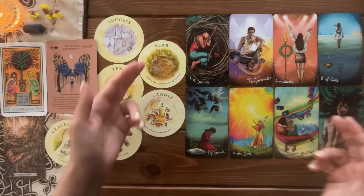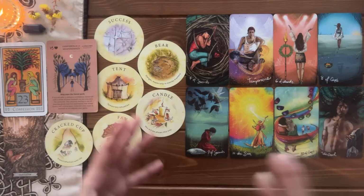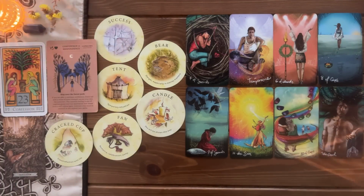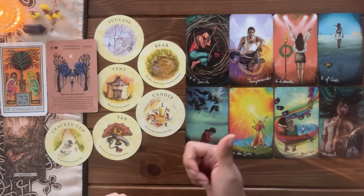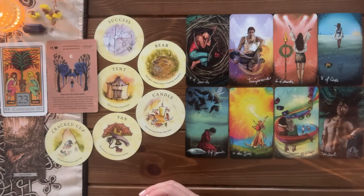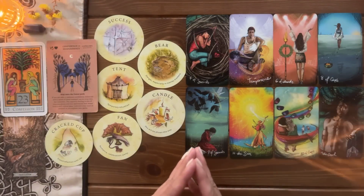It seems like your reading is definitely telling you, if you're not careful, things may not work out exactly as you want. Are you going to be successful? Yes, but you might have a bit of danger in the area of your money. And what do you do when you go out camping? You make yourself prepared. If you're very well prepared, if you have your safety precautions, then you camp most likely very safely. So to me, this is saying that if you are careful in terms of your finances,